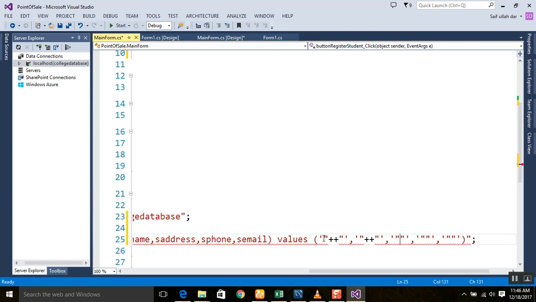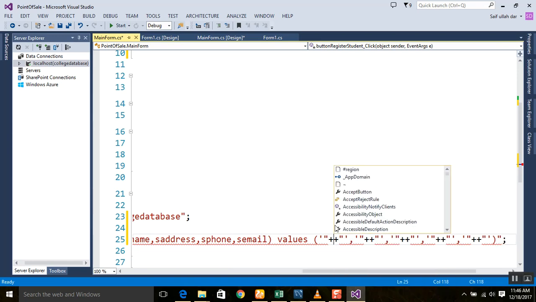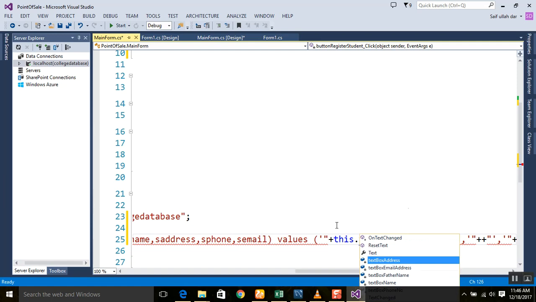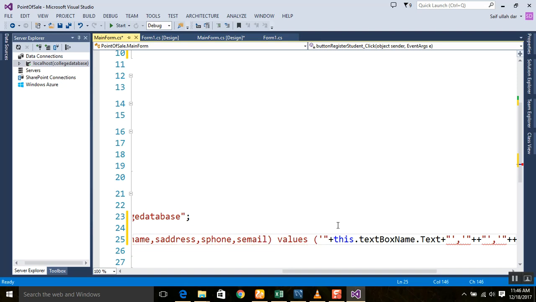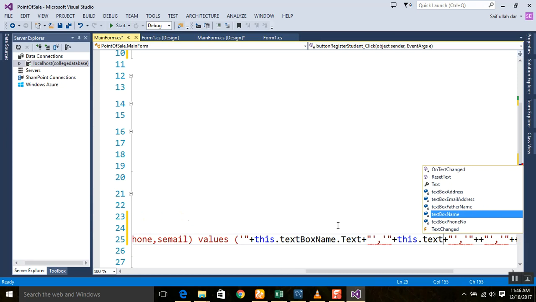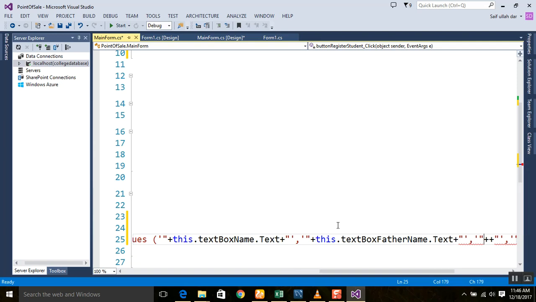It is a concatenation method, because we will get the values from the text box. Here you will write the text box name, and that was this dot text box name dot text, the first value. And once again we will get this dot text box father name dot text, and the third one this